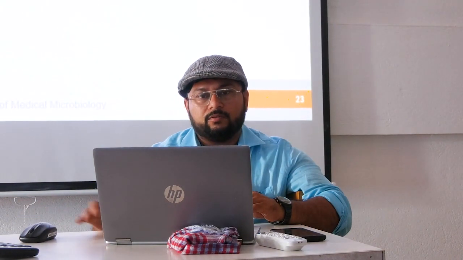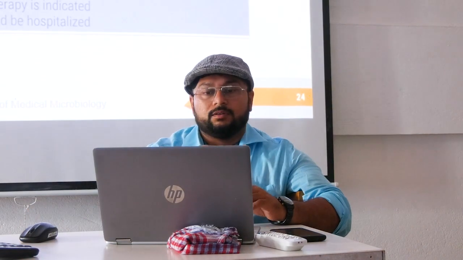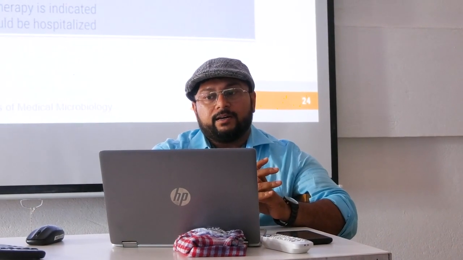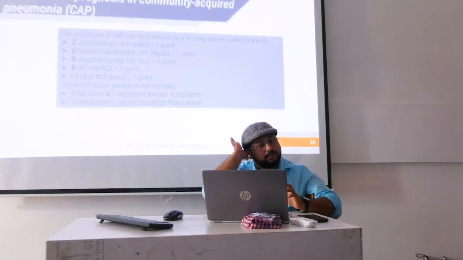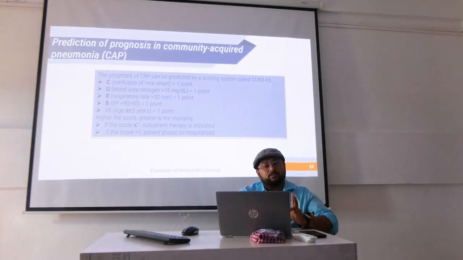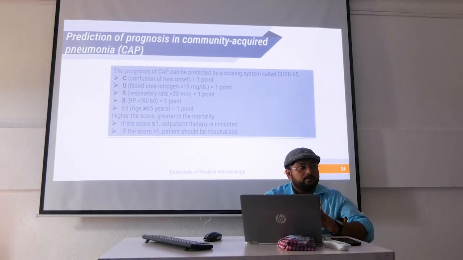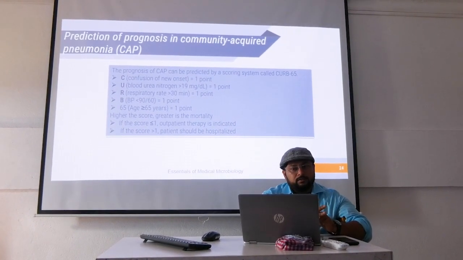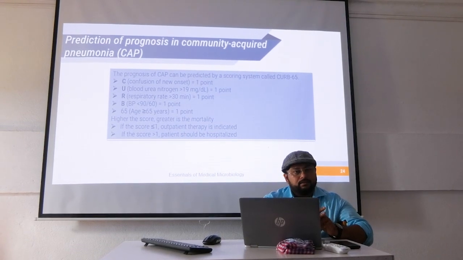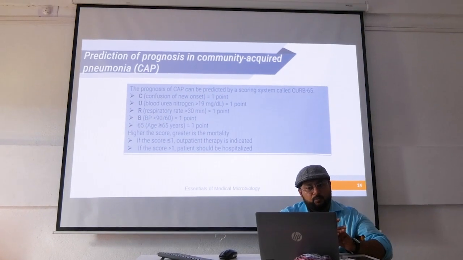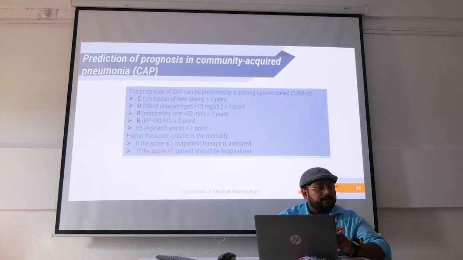CAP 65 টা কোথায় গেল? Oh, now the prognosis of the CAP can be predicted by a scoring system called CAP 65. C stands for confusion of new onset, 1 point. U for blood urea nitrogen, more than 19, 1 point. Respiratory rate more than 30, that is 1 point. Blood pressure less than 90 by 60,